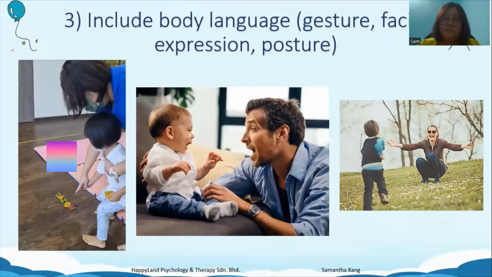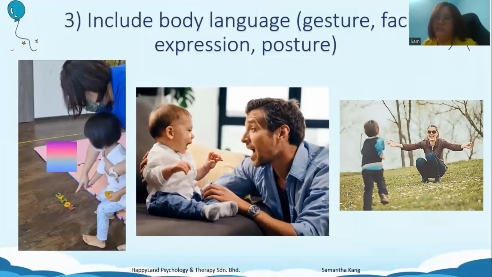Okay, posture is also very important, because, for example, let's say when we are communicating with the child, we are sitting like this, right? Facing the child. Our posture is facing the child. So the child knows that we are engaging with them, interacting with them. So let's say, for example, I were to turn my body this way, but I'm looking at the child like this. I'm communicating with the child like this. So it actually gives the message of like, anytime I'll be walking away. Okay, so I'm not really 100% engaged in the interaction with the child.